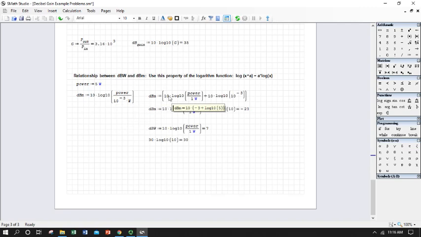So let's do this over here. And I keep the same 10 multiplier. I won't factor that out. So I've got this expression where I used my quotient to break it up. And this should really be a negative sign here. And then I can take my minus 3 and use another property of logs and have that come down as a multiplier. So now we have minus 30 log base 10 of 10,